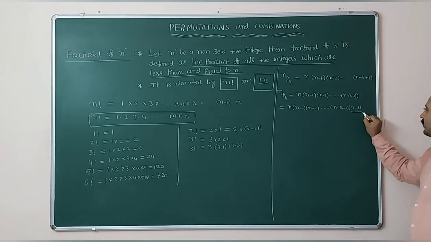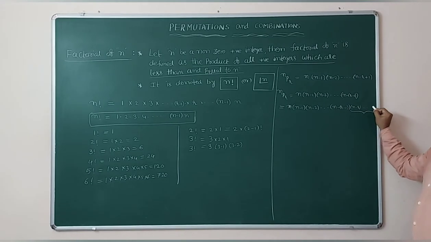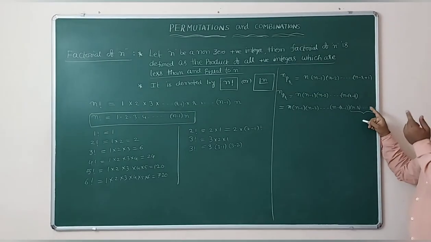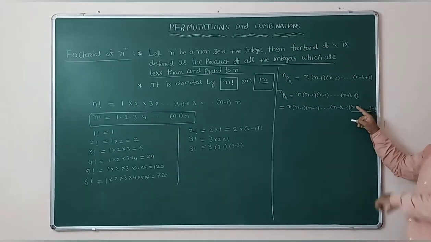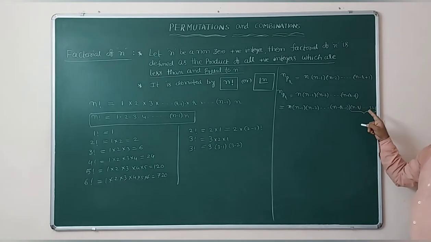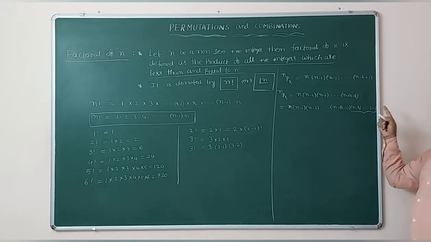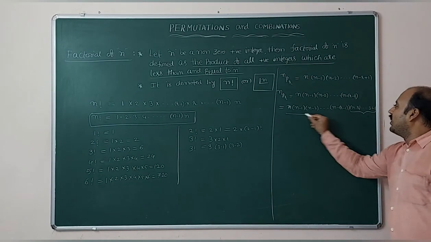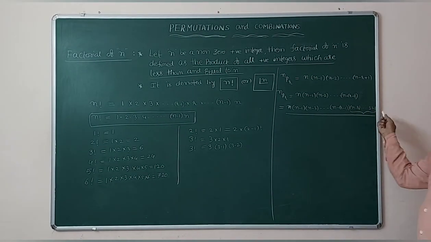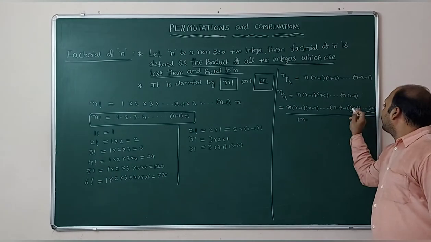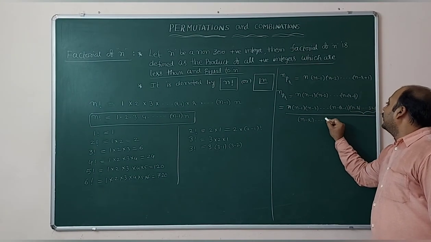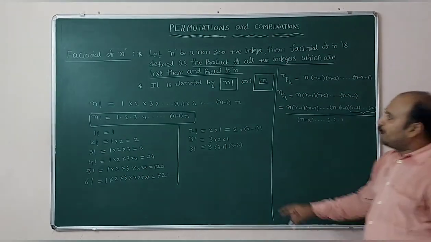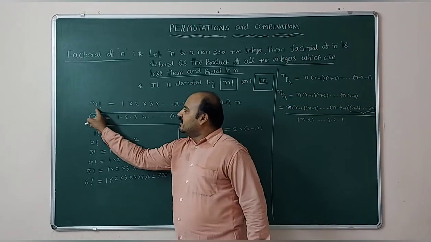Here, from here we are writing extra, and so on 3, 2, 1. n minus r, n minus r plus 1, like this it will come. That means n minus r plus 1 means n minus r, n minus 1. n minus r, n minus 2. n minus r, n minus 3. And so on, 3, 2, 1 will come. So we are here extra multiplying with this value. So the same thing you should multiply, n minus r into 3 into 2 into 1. The product of n things we are writing as n factorial.